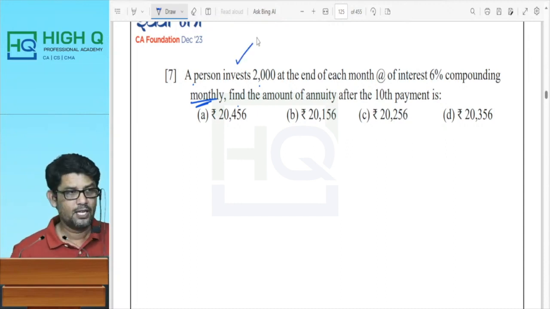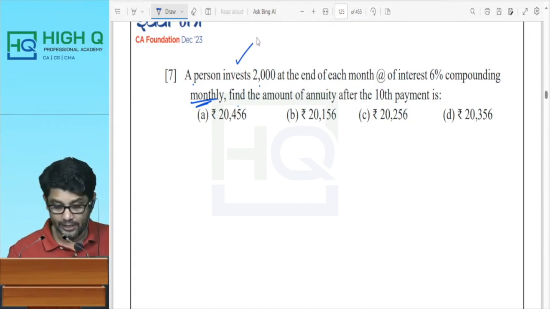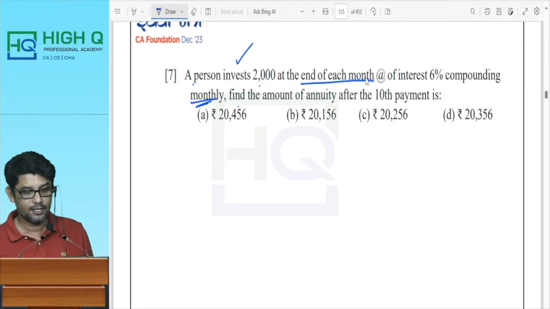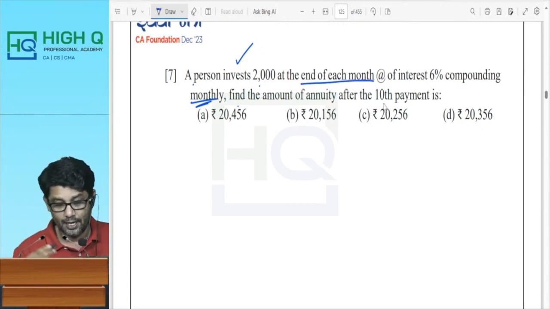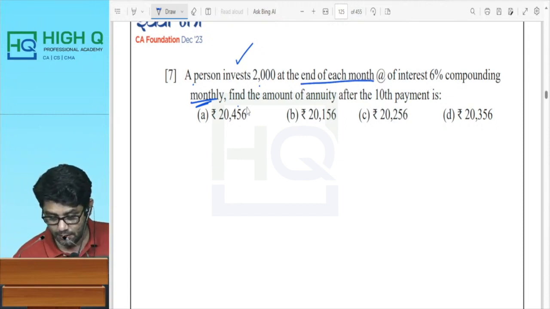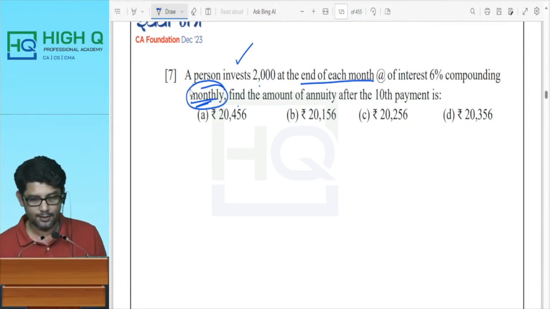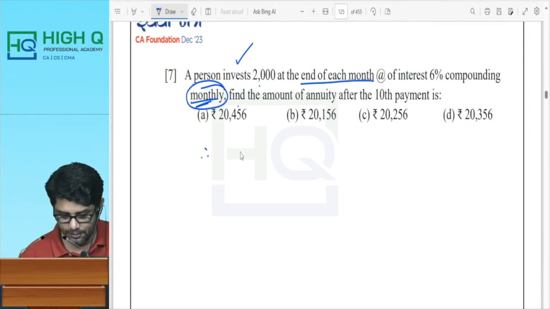Next step. Second one is type of annuity. Sir, end of each month, sir. Ordinary annuity. Compound interest. Monthly, sir. Compound interest is what? Monthly. What is my compound interest monthly? We have to convert. Divided by 12. Yes. So, therefore,